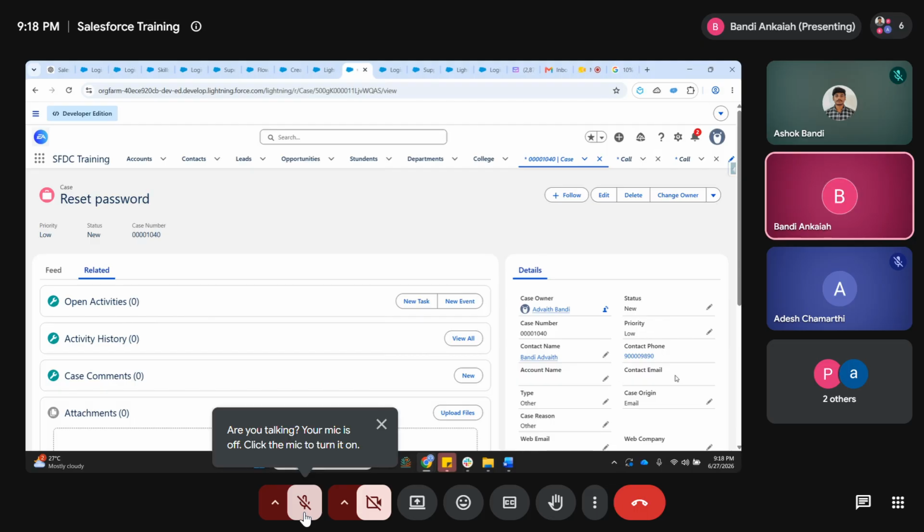That means here the before save record flow condition was met, so the after save record flow condition was not met. Okay, why? Because on the same field we have two flows. One is trying to update, another one is trying to check the condition after creation. After the record is created,